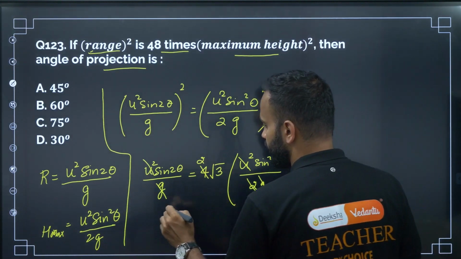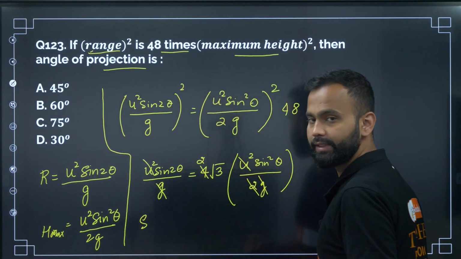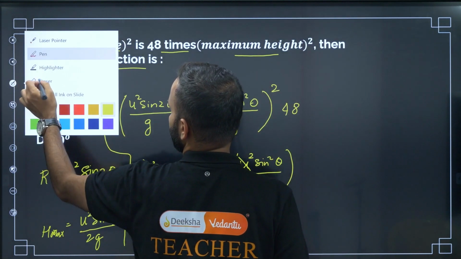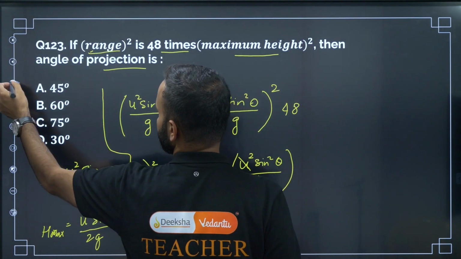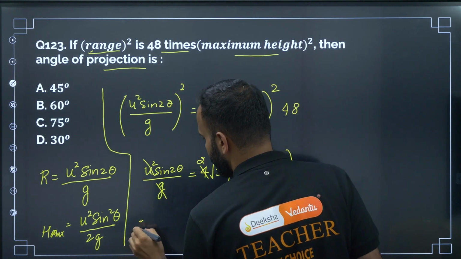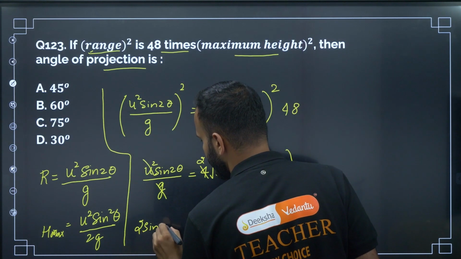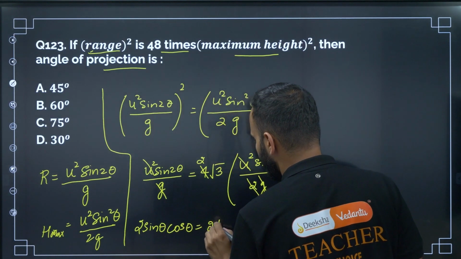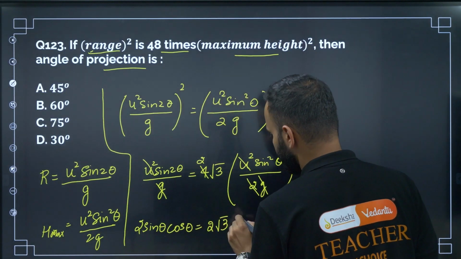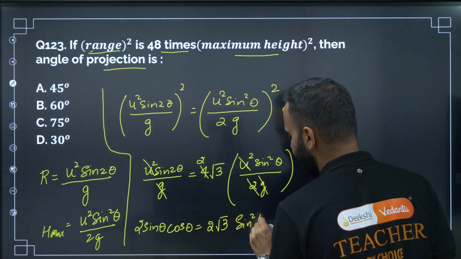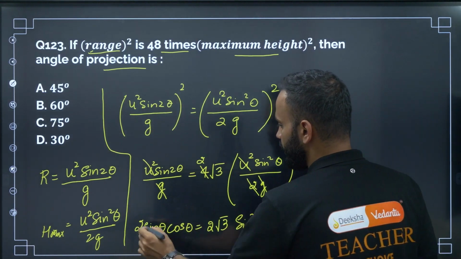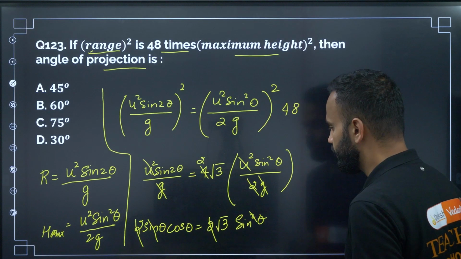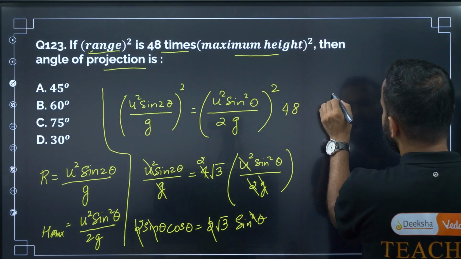Now this becomes sine 2 theta. I can write sine 2 theta as 2 sine theta cos theta, which is equal to 2 into root 3 times sine square theta. So 2 will get cancelled, sin theta will get cancelled, so tan theta